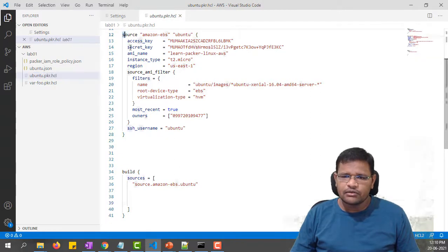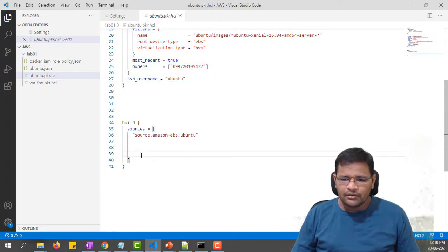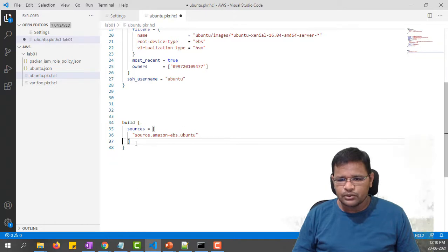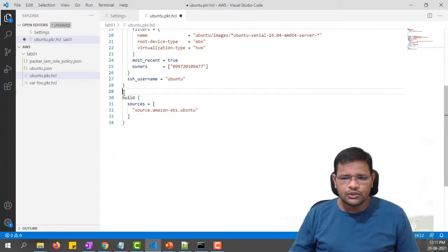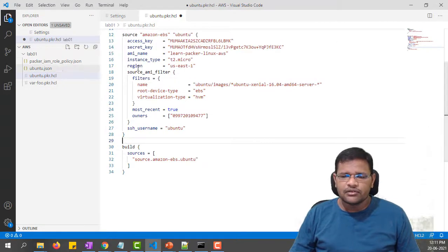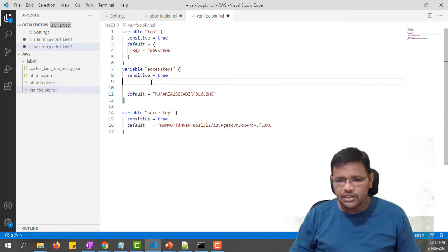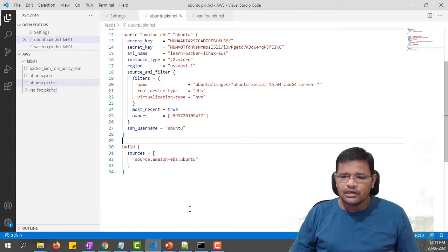So it is very nice now. We are able to see a good format now. So if you see here, I have given the new lines. These new lines won't be removed by this format command. So you have to remove them by yourself. So this is the one thing which you need to make note of. Other things are well and good. So let's see the variables files now. So same thing, the new lines won't be deleted, blank lines you have to delete by yourself. So that is about the format command.